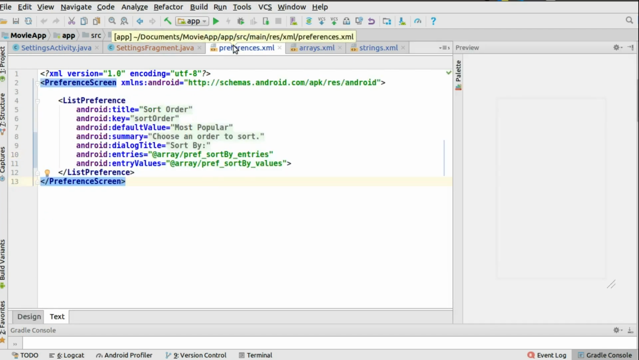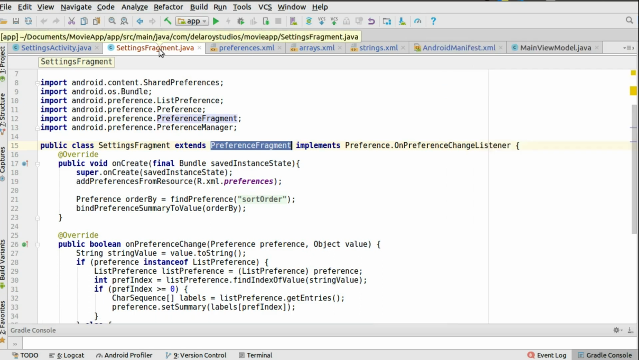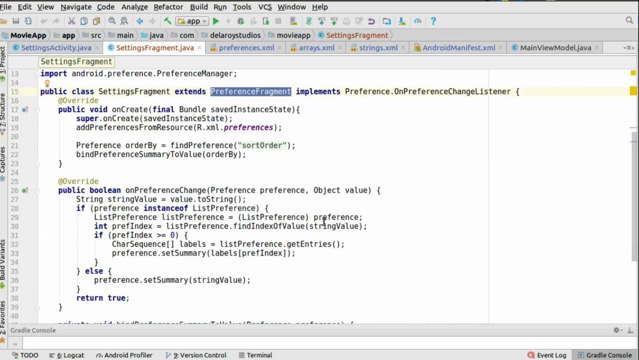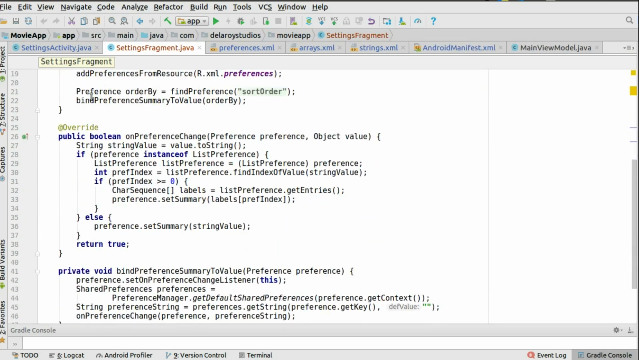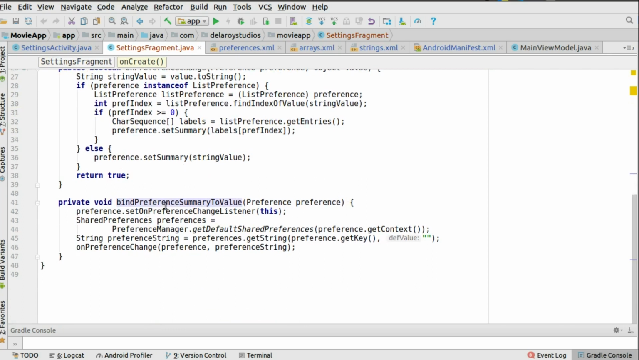Cool. After that, you move back to the settings fragment, and let's bind all the other stuff together. You find the preference, which is the sort order, and you bind the preference summary to the value, which is the order by what you are ordering by. Here you get to talk about the bind preference summary. So now it's going to take the key, the order by, which is the preference. It's going to set the on preference change listener to the preference object,